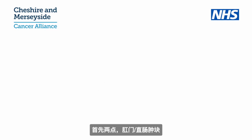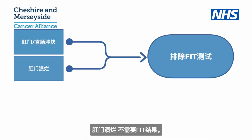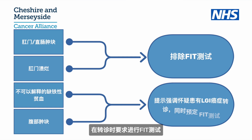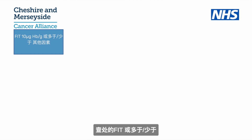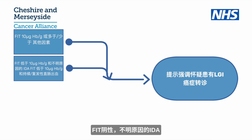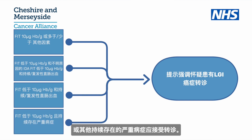The indications to refer onwards to secondary care on the new urgent suspected lower GI cancer pathway include the following. The first 2, anal or rectal mass and anal ulceration, do not require a FIT result. Unexplained IDA and abdominal mass require a FIT requested at the point of referral. Raised FIT plus or minus other features should be referred. A negative FIT and unexplained IDA, or with persistent recurrent rectal bleeding, or with serious ongoing concern, should also be